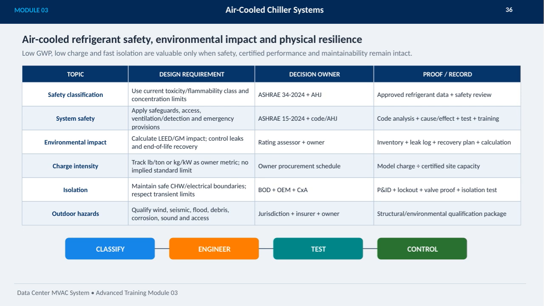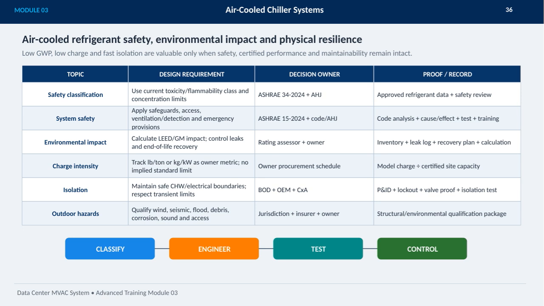Finally, outdoor hazards such as wind, seismic activity, flooding, debris, corrosion, sound, and access must be qualified with input from jurisdiction authorities, insurers, and owners to develop a comprehensive structural and environmental qualification package. These steps align under the framework of classify, engineer, test, and control to ensure certified performance and maintainability while minimizing